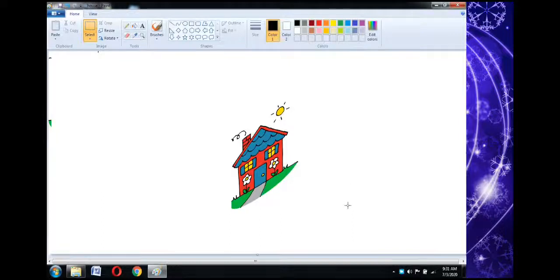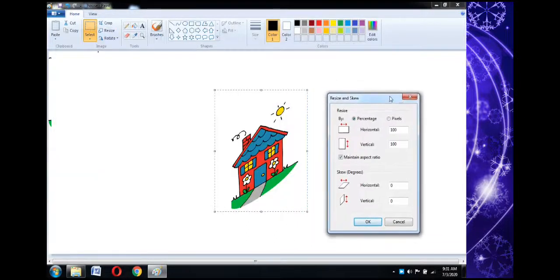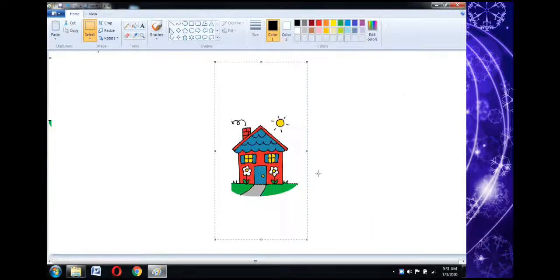Now one thing more: if you want your original image, select your image and again in the dialog box give the negative value of the previous value you entered. Last time I gave 30, now I am giving minus 30. It will give you your original image, converting the image back to its original position. That's it.